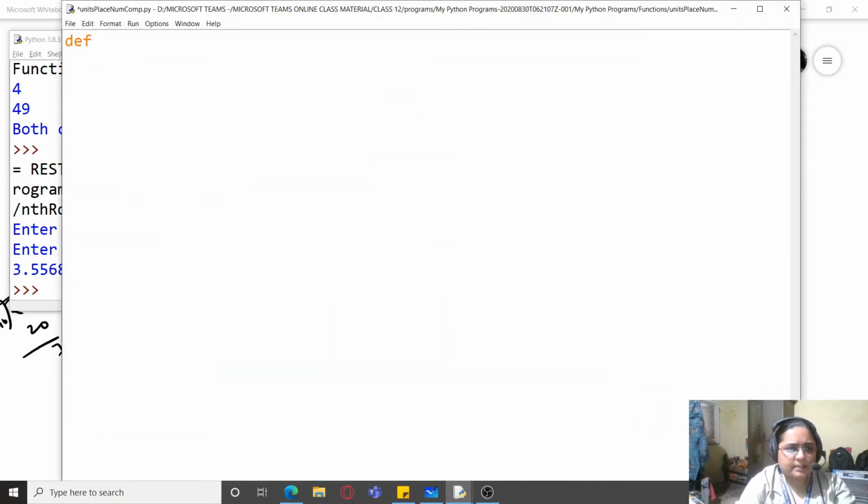So now I write here def smallest_unit_place. So I've just shrunk the name of the function. So a, b: if a % 10 is less than b % 10, then return a, else return b.